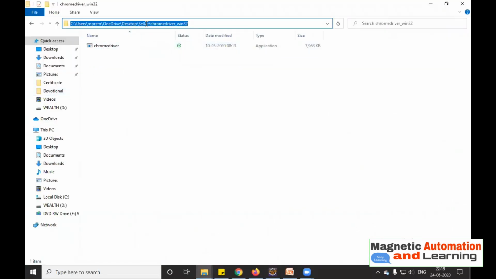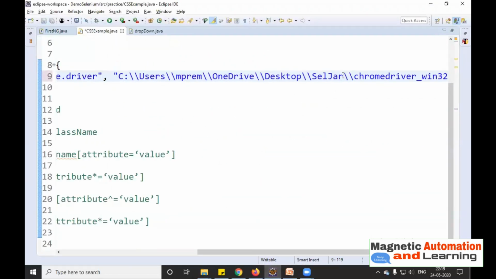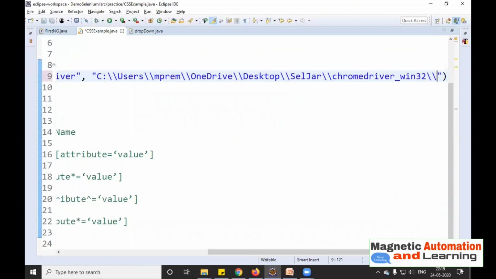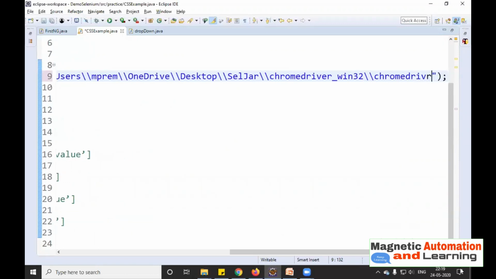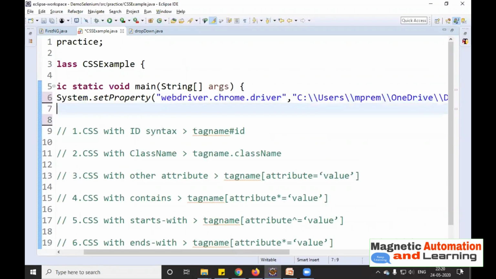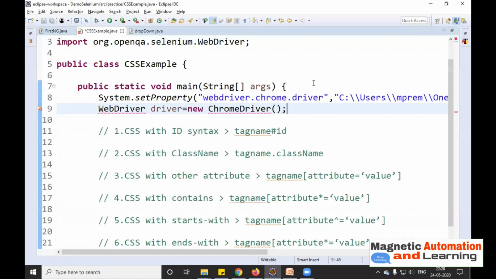Select Chrome driver folder, copy the path and paste inside Eclipse. And chromedriver.exe. So how to start a browser? I need to pass the reference of WebDriver, driver equals to new ChromeDriver. I need to import WebDriver and ChromeDriver with the help of Selenium package.